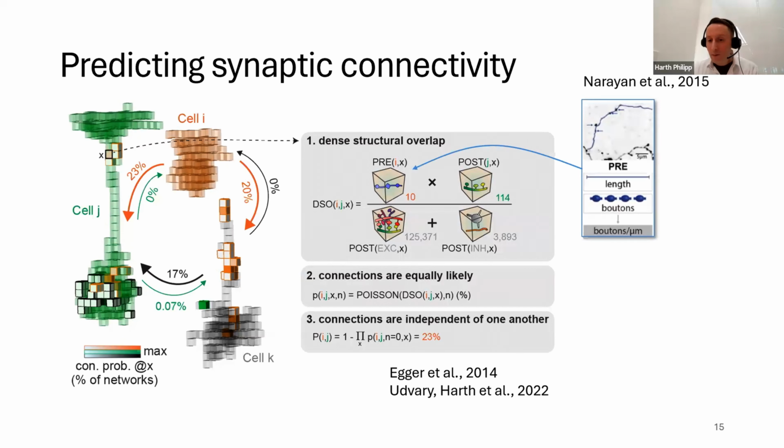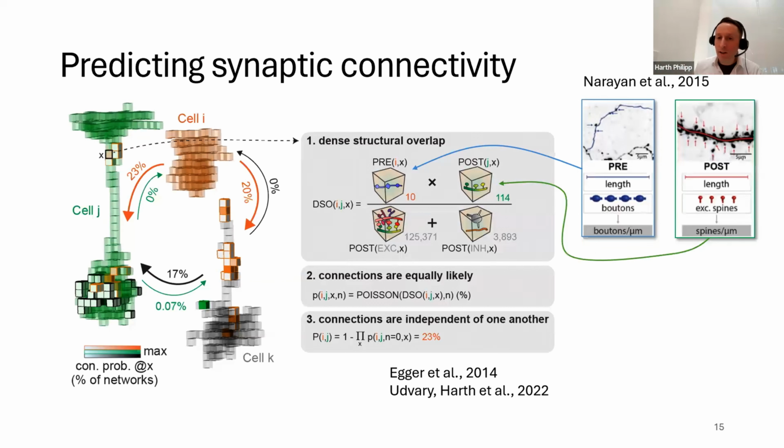The presynaptic connection points of parts of a synapse are boutons. So these are extended areas along an axon. And there have been experimental measurements conducted to count how many boutons you find along these axons. And the boutons, not the synapses, are still visible in light microscopy. So we have experimental measurements of the bouton length density. So for all of the axons within the volume, we can estimate the number of boutons that you find spatially.